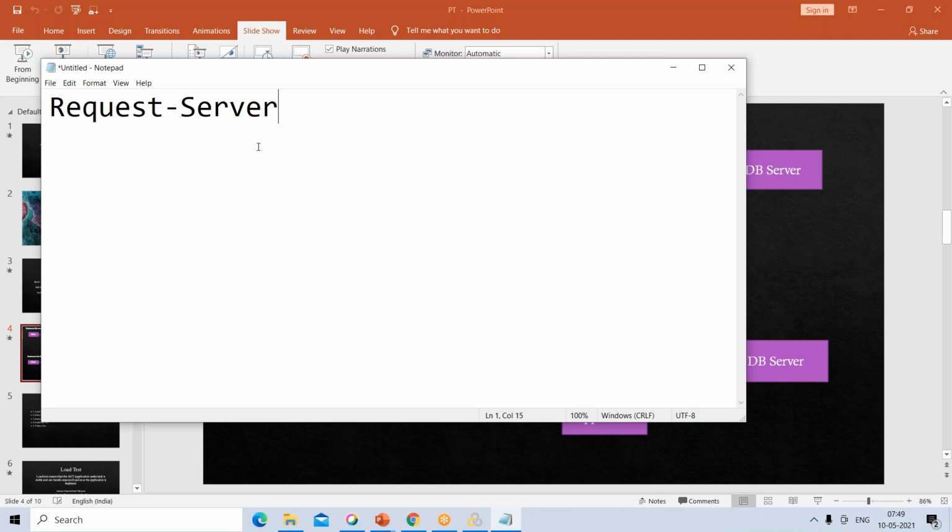The request from here to that particular server will take some time to reach it. That time we call network latency. To calculate that specifically, there are some tools in the market. Depending on the project, they might use them or might not. Without those tools also we can test.